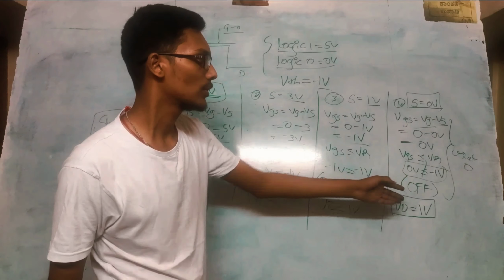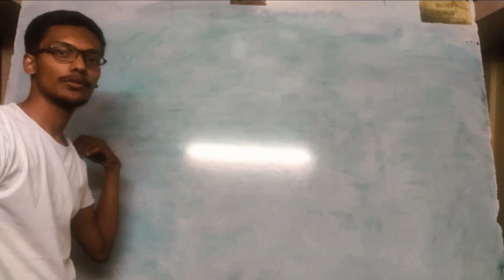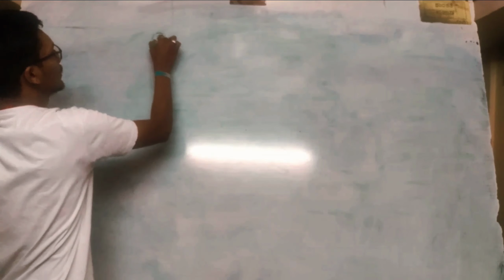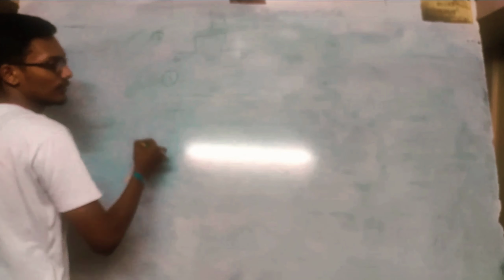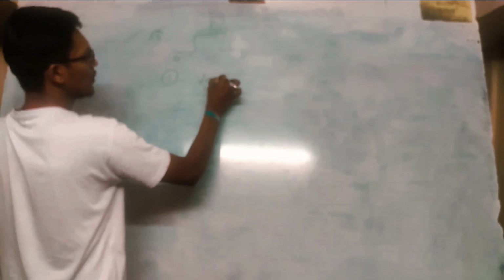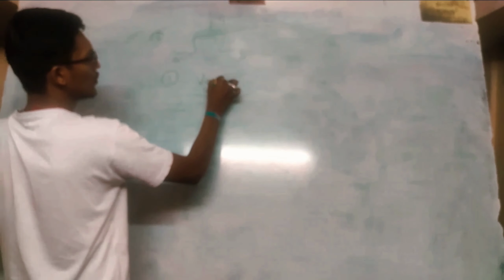The NMOS is exactly opposite. NMOS gives strong 0 and weak 1. So let's switch to NMOS. This is my NMOS, this is my ground terminal, this is source, this is drain. To keep my NMOS on, we have two conditions: VG should be at logic 1, which we call VDD, and the second condition is that VGS should be greater than or equal to VTH, where VTH is the threshold voltage, the minimum voltage to keep the NMOS or PMOS transistor on. We have these basic two conditions.